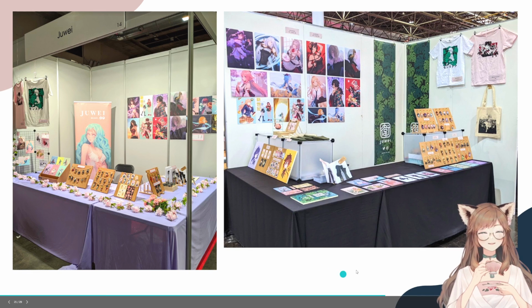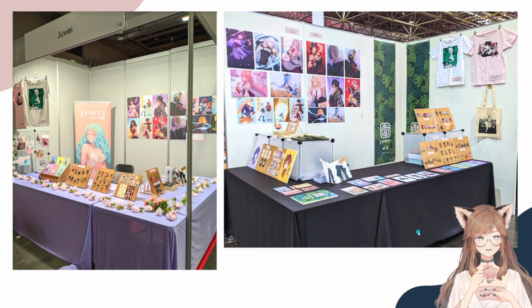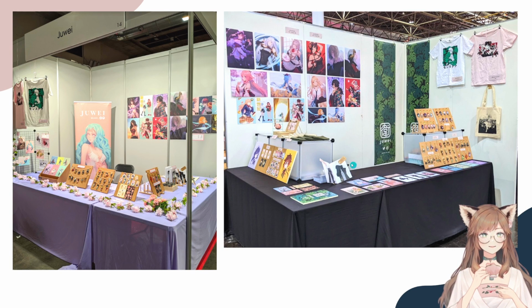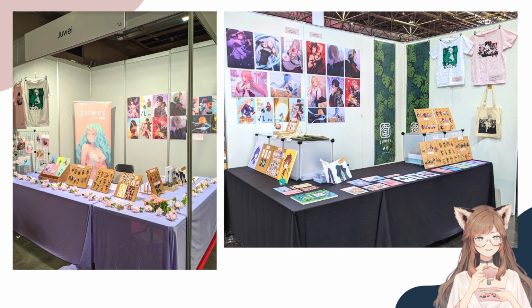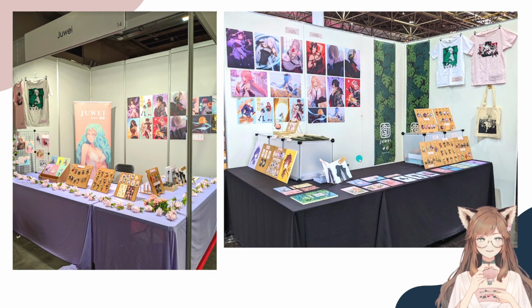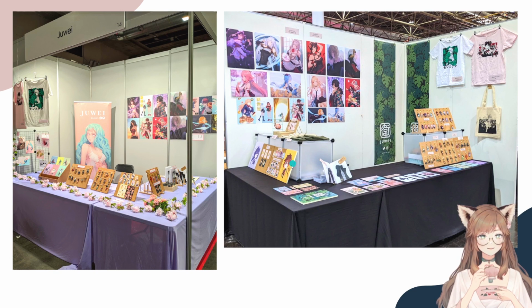Pretty similar layout. This is this year's Dokomi, so a month ago, I think. I've got these plastic grids. These are my actual plastic grids. Another good thing about these grids is that because they are cubes, there is storage underneath them. So you can kind of see here, my prints and stickers are underneath these ones, and I put some charms here so that they're easy to reach.